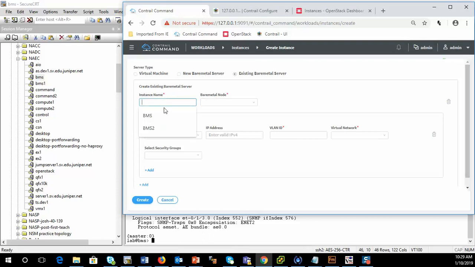We're going to give it a name. We'll call it bare metal server. The bare metal node is the BMS that we just configured, which will allow this drop-down box to work. So here it'll show my interface, AE0. Now that interface, if I leave it empty, it's going to try and get an IP address from DNS, but in our case, we have a pre-configured one